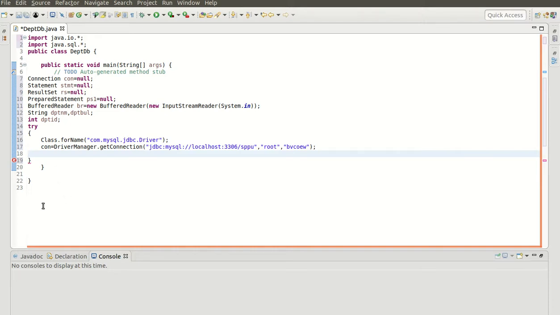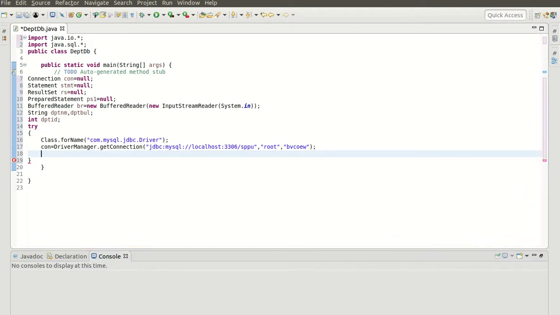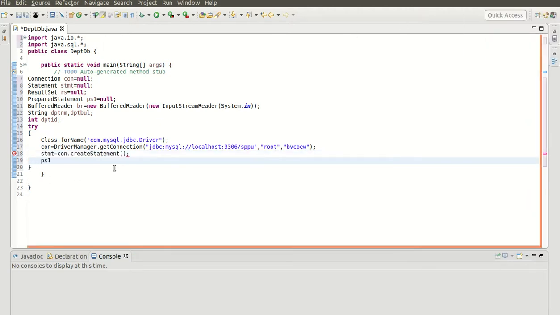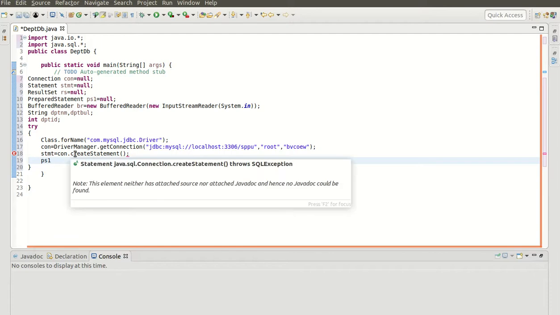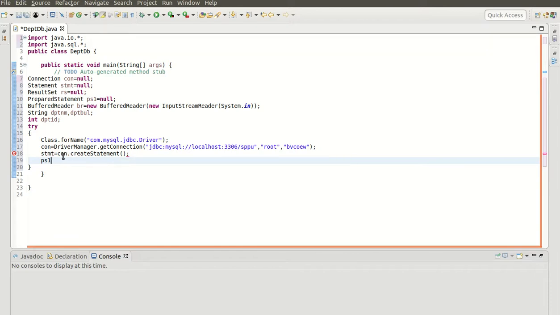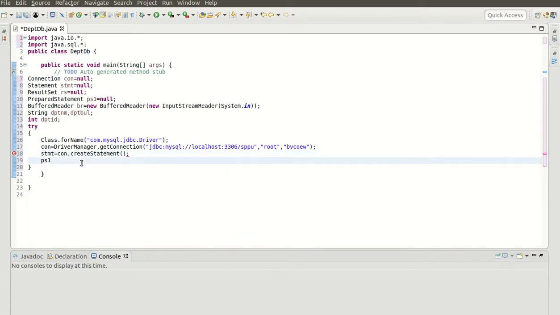Now after that I have to create a statement object. So what is the purpose of a statement object? stmt is a statement object that creates a statement on the connection. So con.createStatement will create a statement object on the connection. Now we want to prepare the statement.